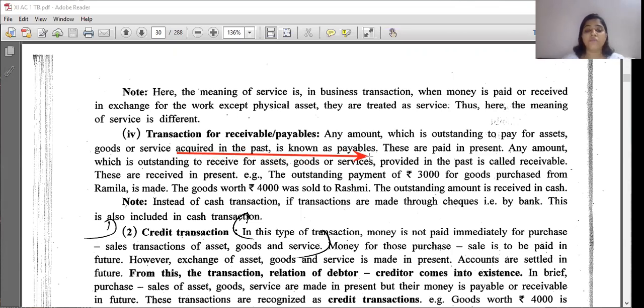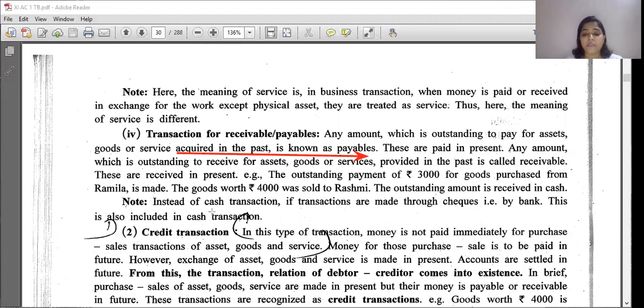Any amount which is outstanding to receive for assets, goods or services provided in the past is called receivable. In the same way, suppose you had sold anything or given any service, and the amount is yet to be received for that work, that is your receivable. These are received in the present. The outstanding payment of 3,000 for goods purchased from Ramila is made. The goods worth rupees 4,000 were sold to Rashmi. The outstanding amount is received in